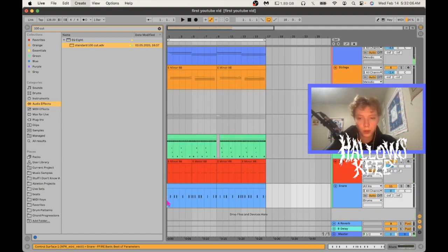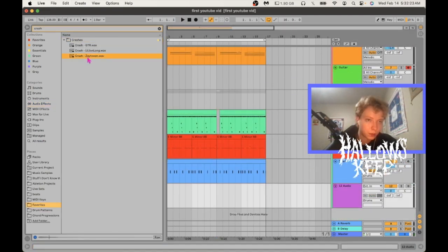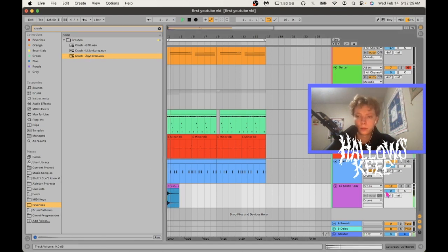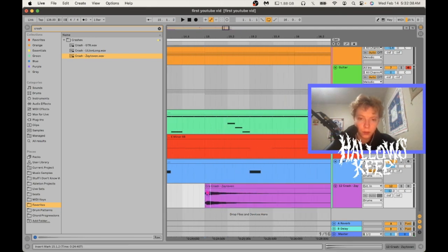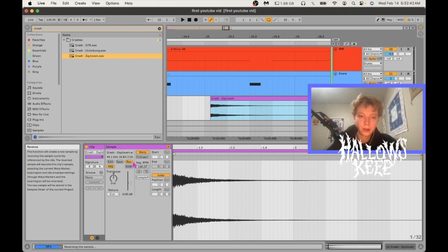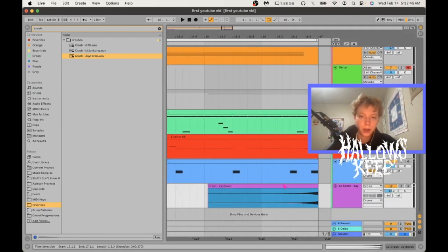Let's add a little more to the drums. This is a little Beethoven one. I want to add a little reverse one that'll come in. And when I do reverse stuff like this, I like to cut off the very beginning of it, then reverse it, because I don't like that transient coming in twice. So now when I loop this,